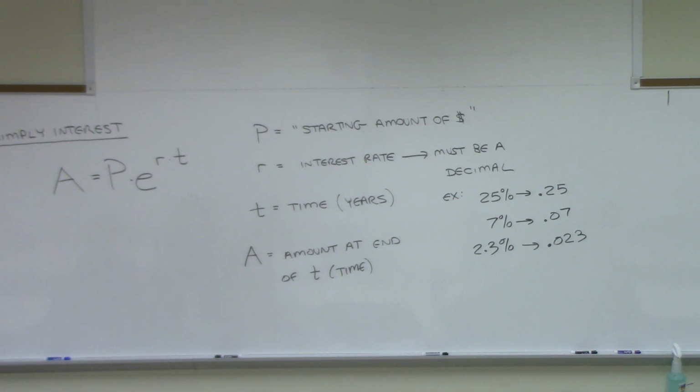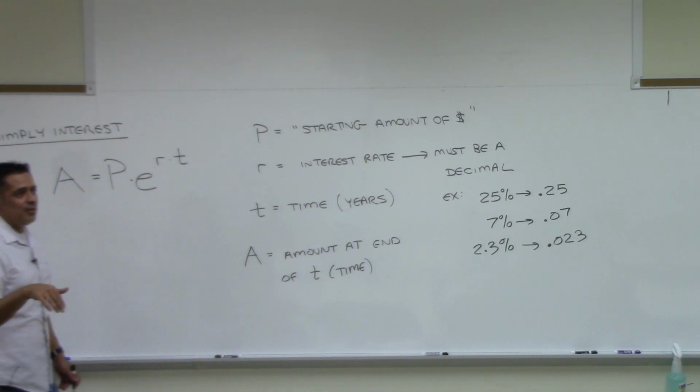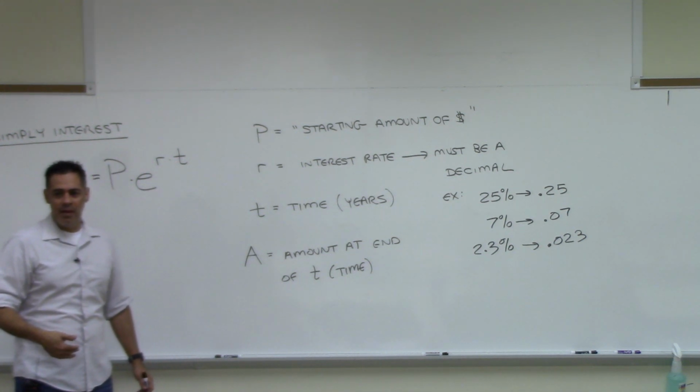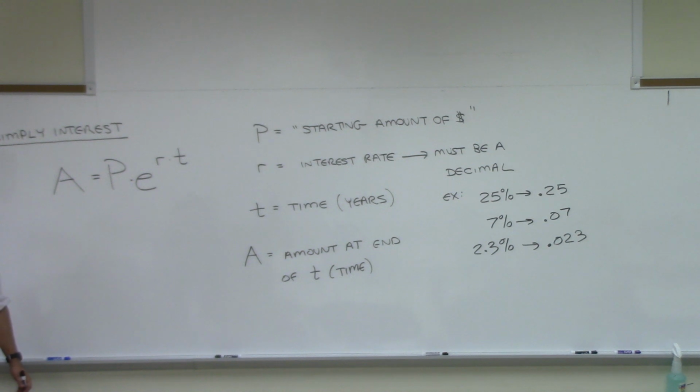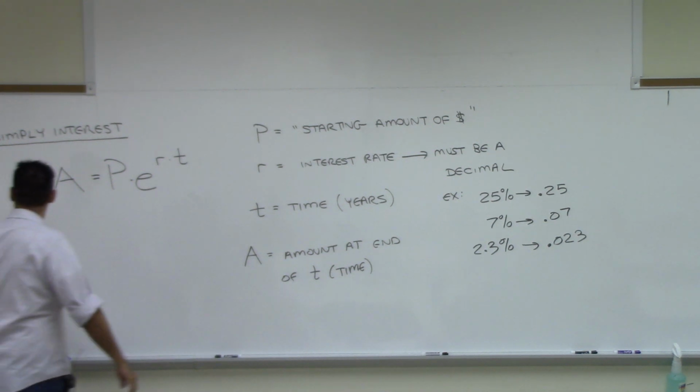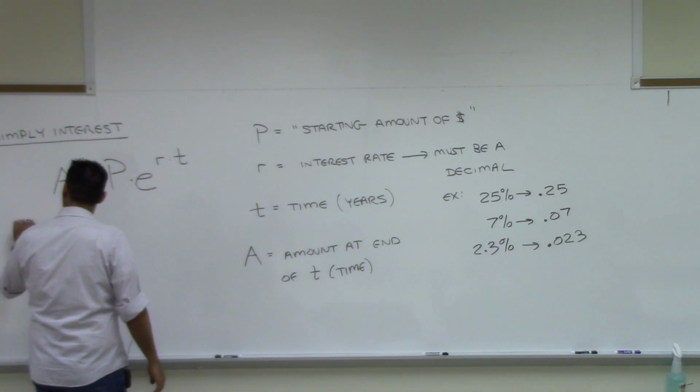We can do lottery next class. We'll do something crazy like that, because then we can see that if you win the lottery, you can theoretically just sit on that money and make hundreds of thousands of dollars a year. Something more realistic. 50,000. Okay. Let's say you deposit